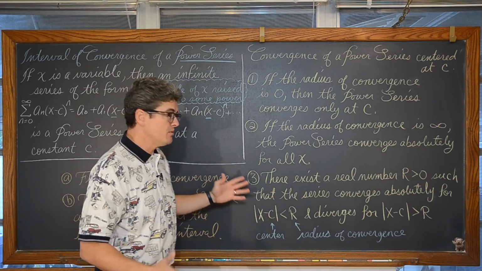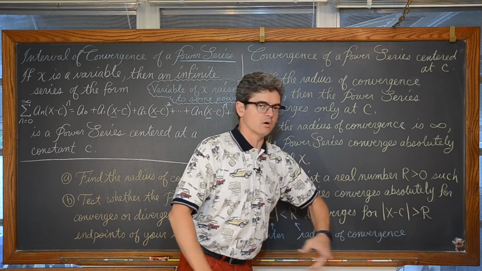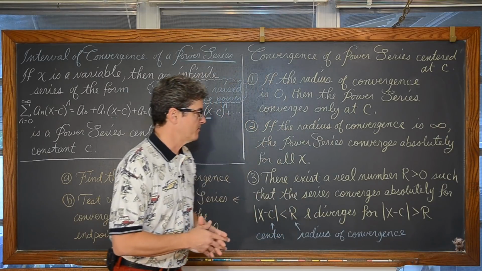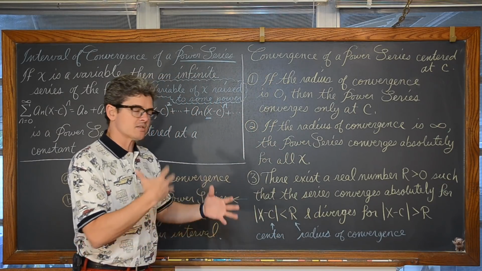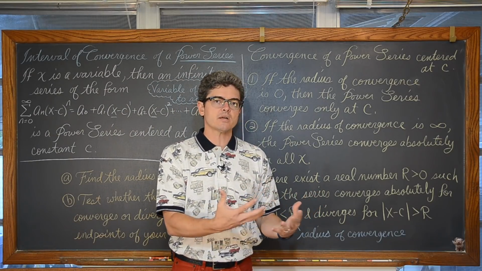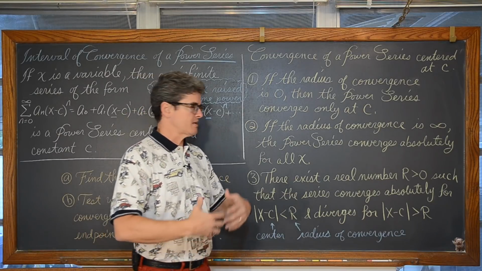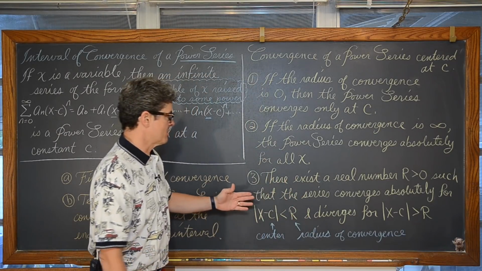Now, if we do the ratio test, we set that up, and there exists a real number r that's greater than 0. So not 0, not infinity. That's where the little bit of extra work comes in, where the skills that we learned in all these previous sections, learning all these tests, alternating series tests and direct and limit comparison tests, and so on and so on, come into